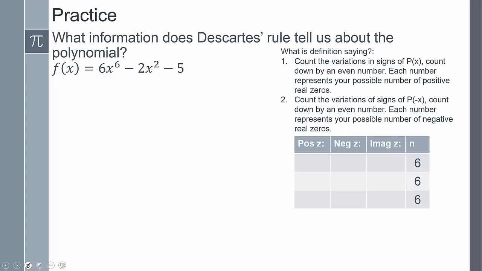Now I want you guys to give this one a shot. Use Descartes' rule of signs to do it. Remember, first, you should be looking at the positive zeros. So counting the number of variations, positive to negative, and negative to negative, so that's only 1. So now we have to do the negative, so we have to plug in negative x. So f of negative x,